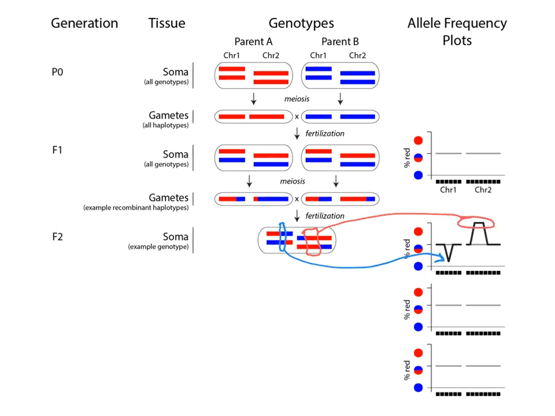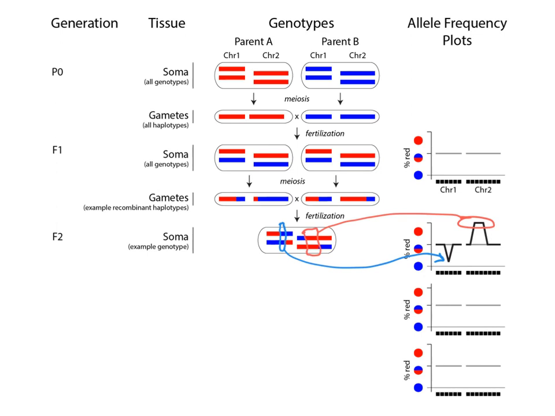And this is why it's important to look at multiple individuals, because any one individual will have lots of regions of their chromosomes that are homozygous blue or homozygous red, and that will make these plots sort of extreme looking. The only possibilities are 0%, 50%, or 100% if you look at a diploid organism that only has 2 copies of one chromosome. But if we just stop here and think about how we would interpret these data,